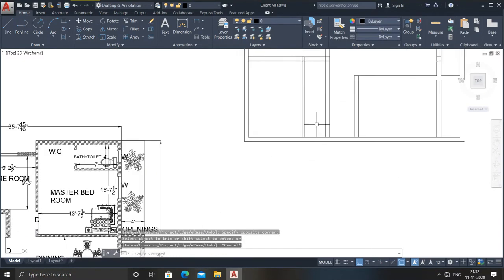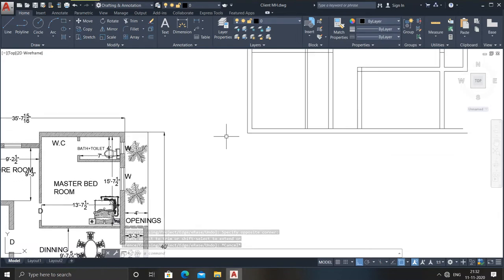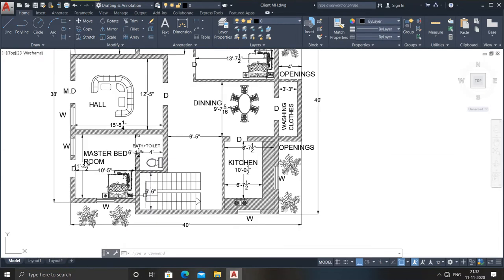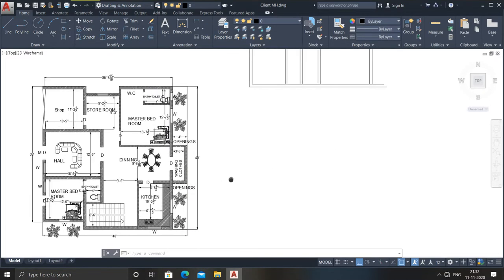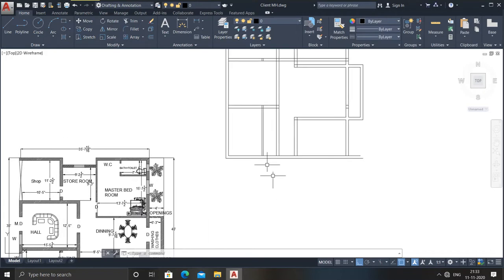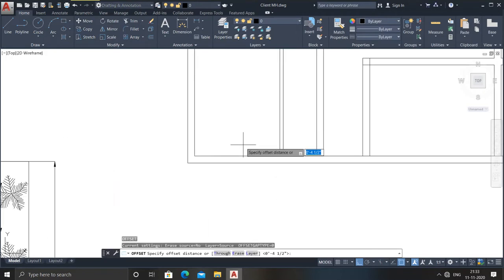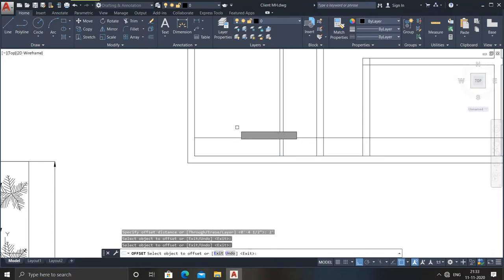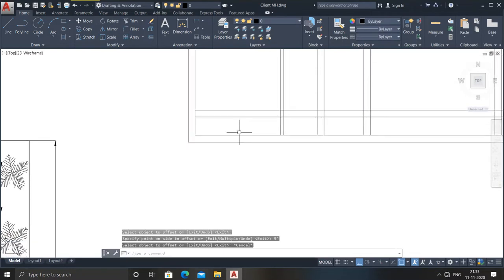Now up to here I need to keep it, see it here, what is there. So I have taken the 4 feet, right? So here to here is 6 feet 6 inches. So before going to that, I need to provide some 2 feet. I need to leave some spaces, 2 feet, right? So go for offset command of 2 feet from here to here. This is the 2 feet. Now go for 9 inches. Escape it. Now go for trim command.